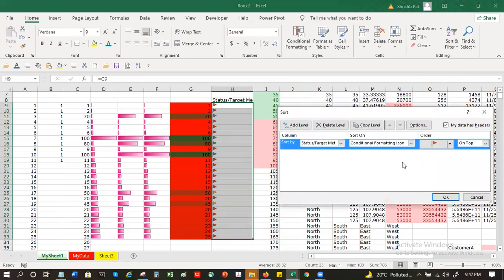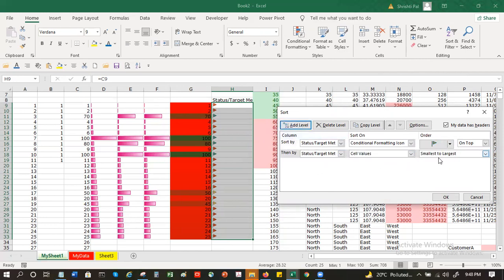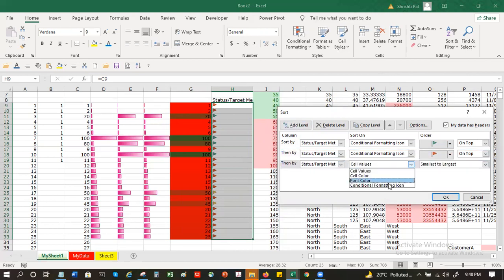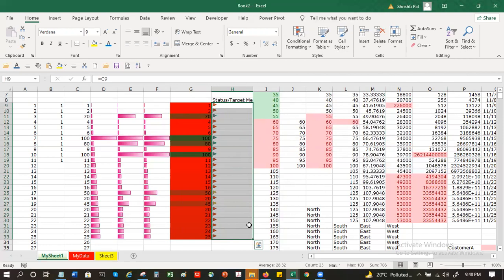I'll say conditional formatting icon. It will show me which icon I want on top. Green ones, whatever color you wanted on top. Then I want, let's say, red. And then I want anything else, or I'll say yellow, let's say. So I can do an entire sorting based on that.